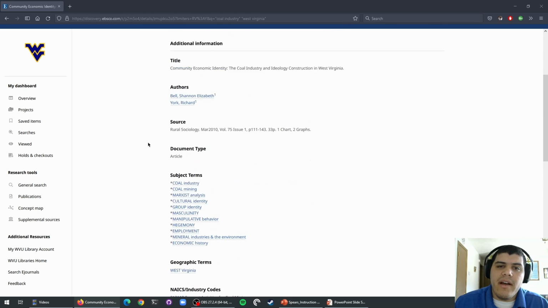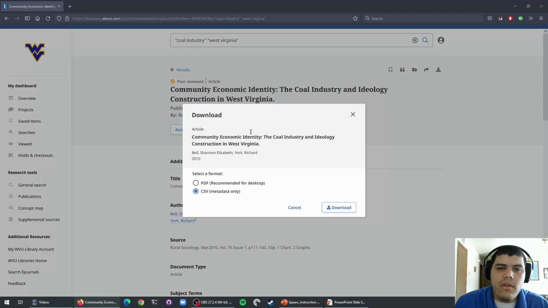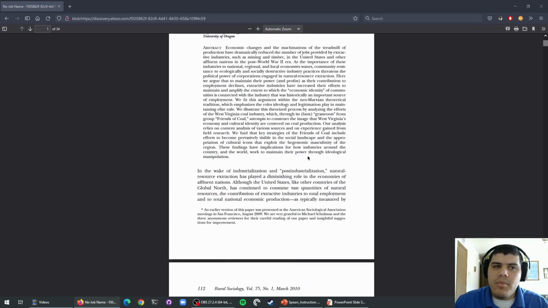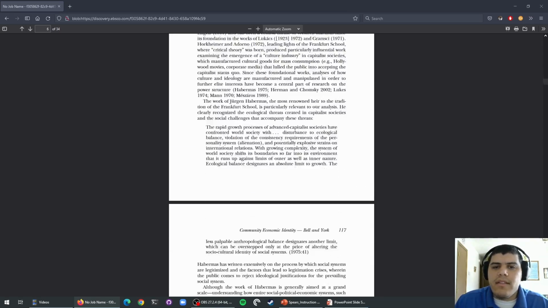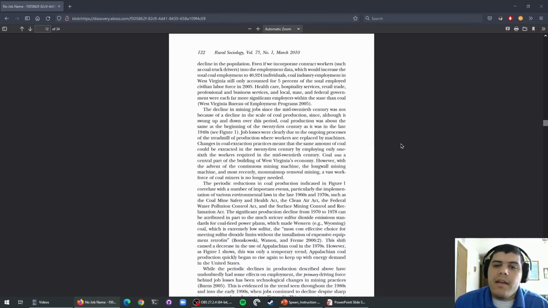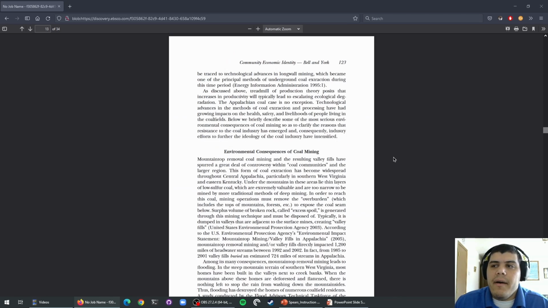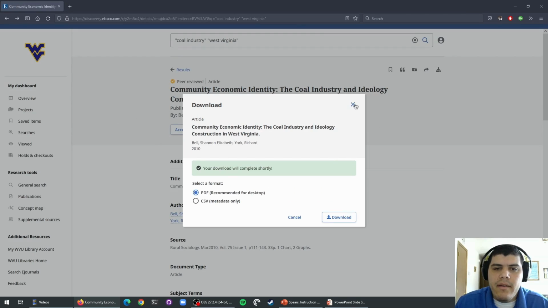then you can scroll back up to the top and you can click download, and we will download as PDF. And now I have the PDF of the article. So you could take this article, you could save it to a flash drive, you could email it to yourself, you could print it, and now you've got the article to read for your research. So if we go back,